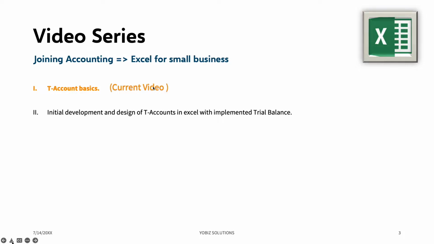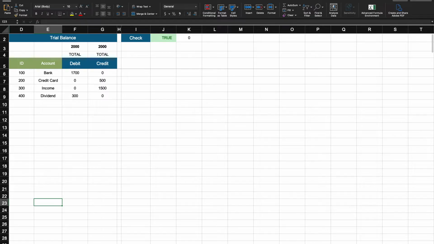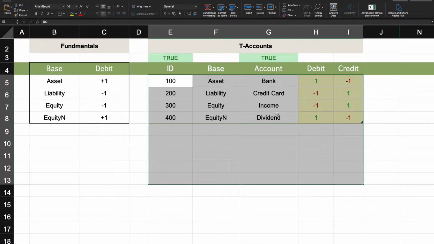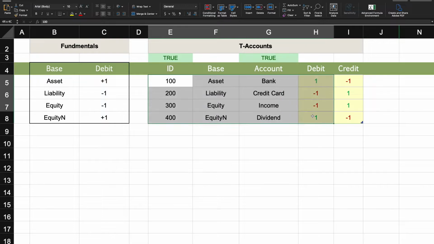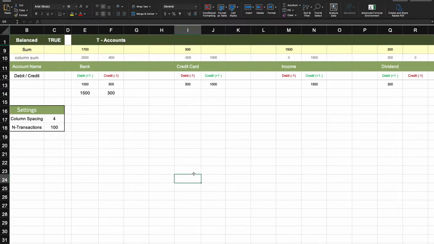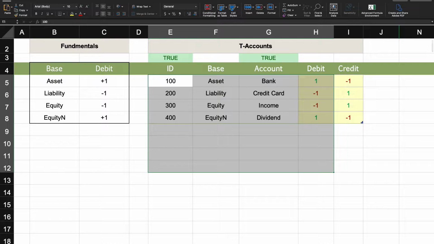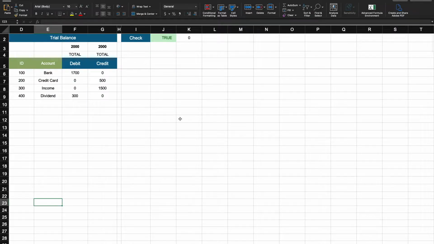And then to show a glimpse of what you would be developing, it would be something similar to here, where you would design all of your various T accounts, which would be linked to your T account details. All the debit, credit, and total entries are automatically updated as you add more accounts. At the same time, we will also develop a trial balance solution which will do the checks and balances to make sure these entries are properly marked. And if these terms look a bit alien to you, just don't worry,